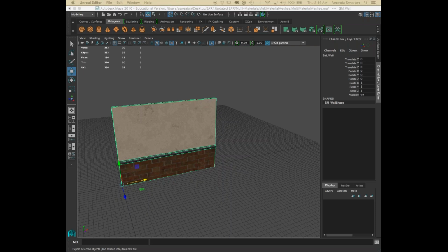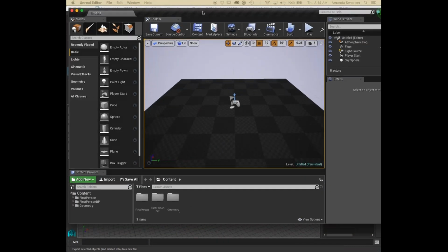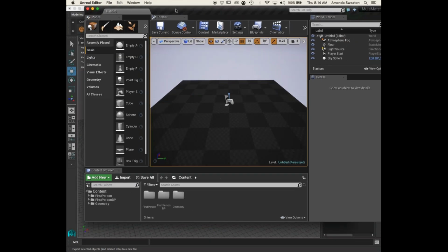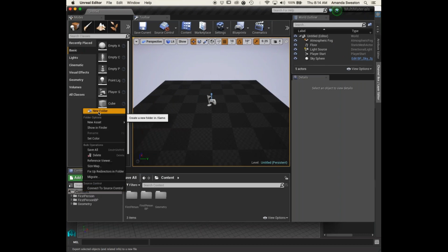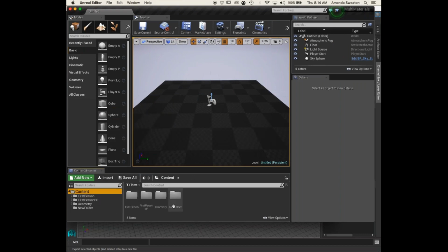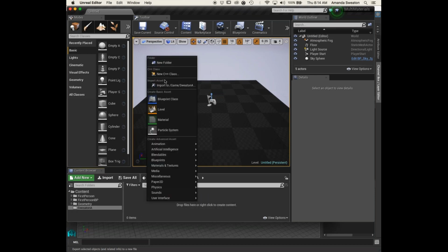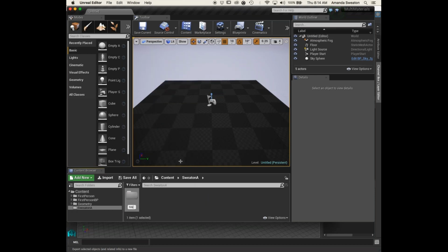All right. File, new level. All right. So again, just to show you guys good habits, I'm going to go through the whole process of creating your own named folder again. Because we want to stay organized and have good housekeeping. Materials,